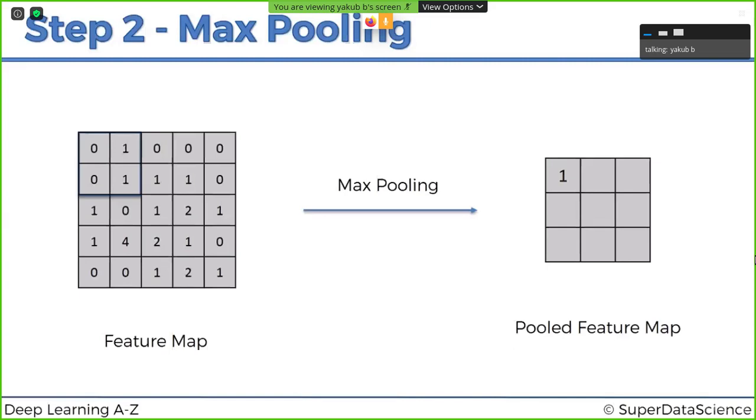So here, coming to the pooling, so simple. I forwarded the videos already in your group. Go through those videos if you want to understand, if you want to see the videos very slowly, whereas here I'm explaining the main intuition of all the steps. Coming to this max pooling step, here we have different kinds of pooling. We have sum pooling, average pooling, minimum pooling, as well as maximum pooling.